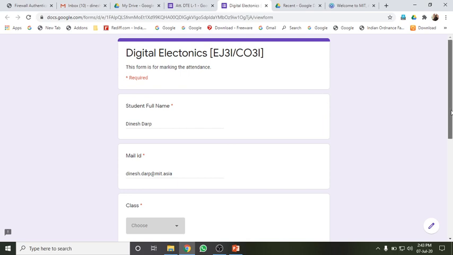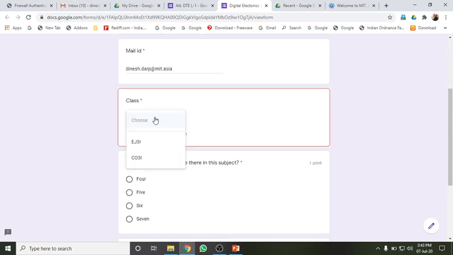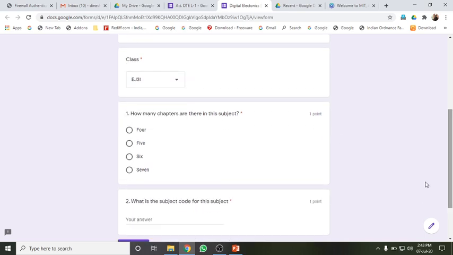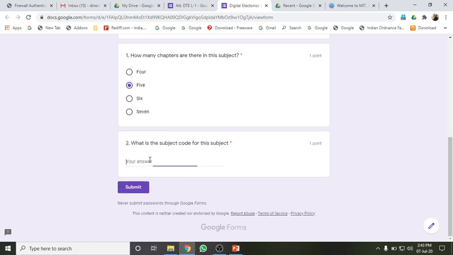And then you can see I have given this drop down. I can choose only one class out of these two. So I choose EJ3I, and since 5 is the correct answer, I choose this 5 and I put here the subject code